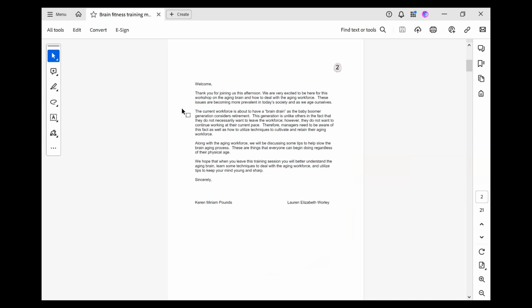The current workforce is about to have a brain drain as the baby boomer generation considers retirement. This generation is unlike others in the fact that they do not necessarily want to leave the workforce. However, they do not want to continue working at their current pace. Therefore, managers need to be aware of this fact, as well as how to utilize techniques to cultivate and retain their aging workforce." So we can see the purpose of this